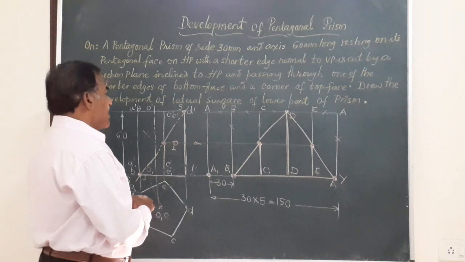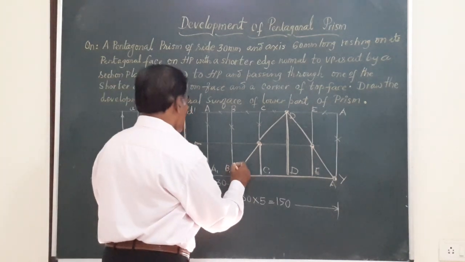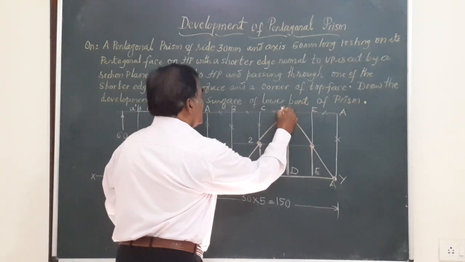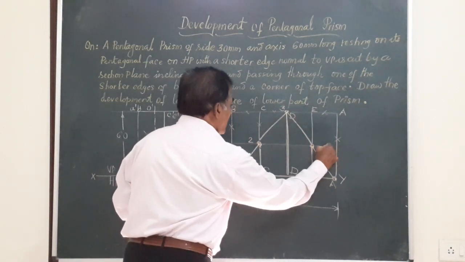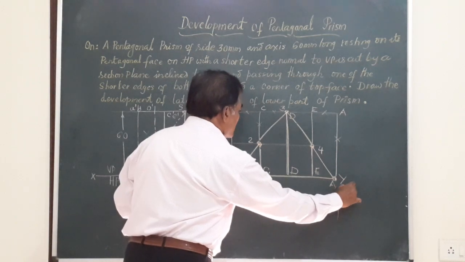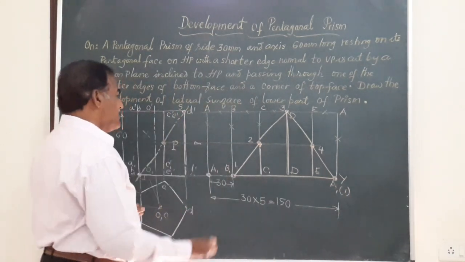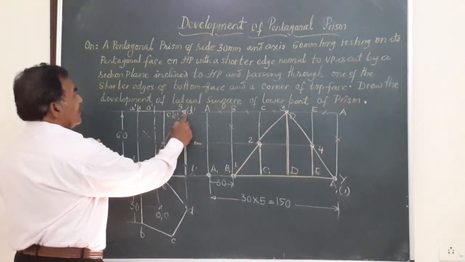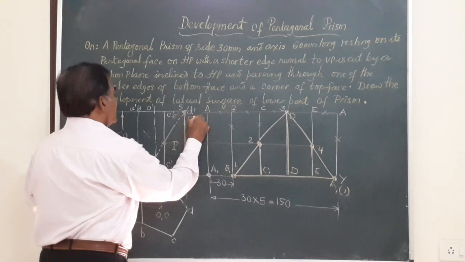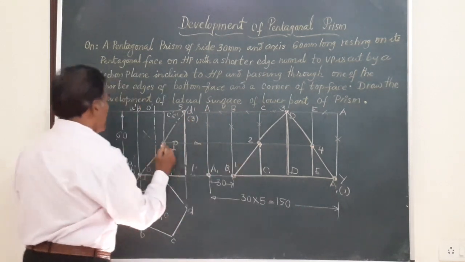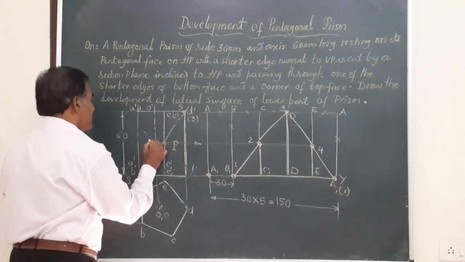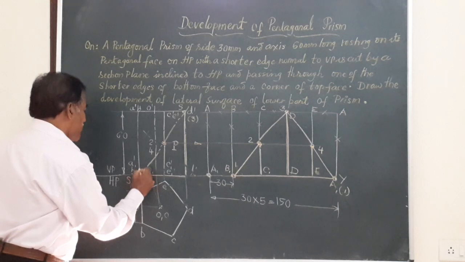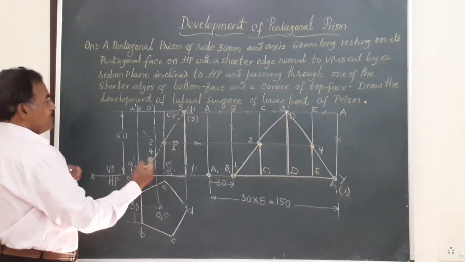So friends, let me mark the points. What are the points I got here? I will start from here. This is 1, 2, 3, 4, and again A is 1. 1 coincides with A1 again. So let me transfer these points 1, 2, 3, 4, etc. to the front view. Here D dash coincides with point 3. At point 3 here, on this you have got 2, 4. This point represents 2 and also 4. At the base you have got point 1. So this is how you get it.